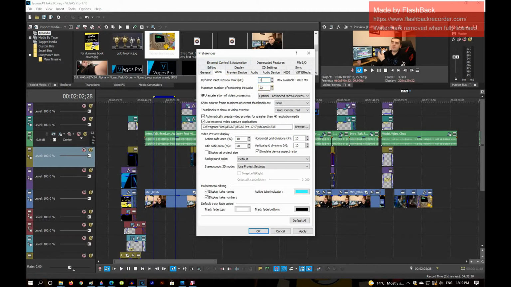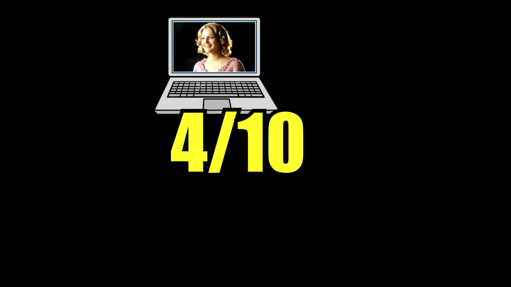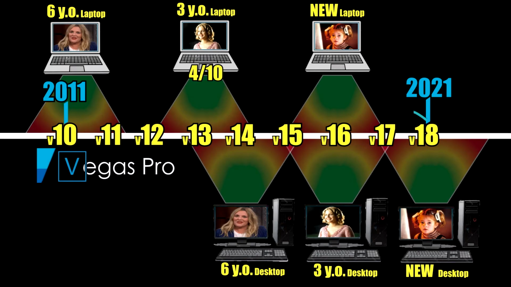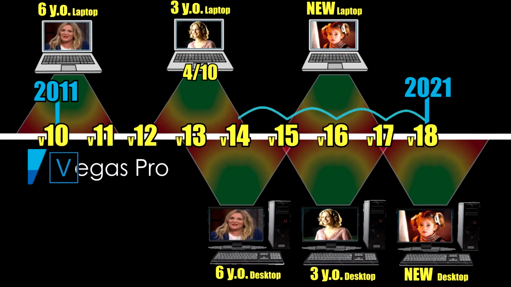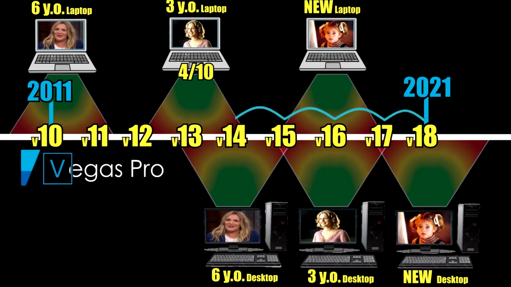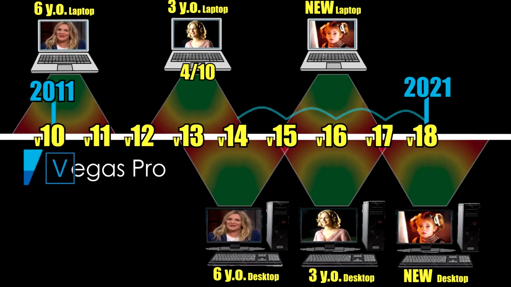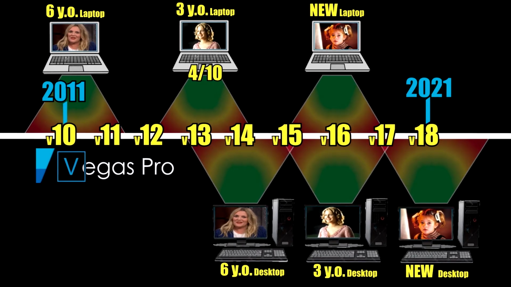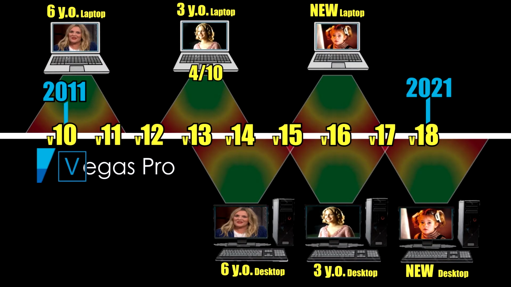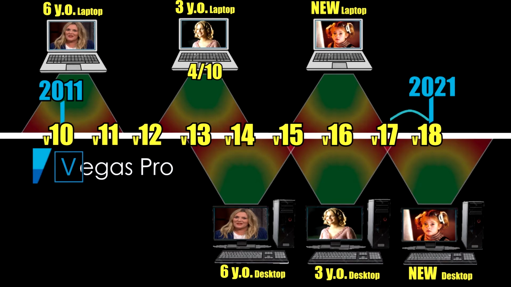So I understand it's common sense now. If, like in my situation, you had a very average laptop that's like 4 out of 10 quality, you have to go back like a good 3 years, probably even 4 years, to an older version of, for example, Vegas Pro on your laptop to have it able to run smoothly. So that was a huge time wasting factor and very embarrassing. You guys don't be stupid and think it's not going to happen to you. Even if you've got the world's best laptop, it's probably still going to struggle to use the latest version of the program, and you should probably go back at least 1 year anyways.